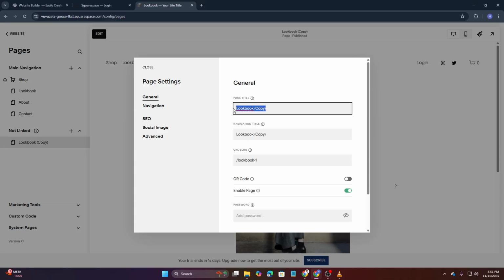And that's it. You've just duplicated a page in Squarespace. Super quick, super easy. This is a great way to maintain a consistent look across your website without having to